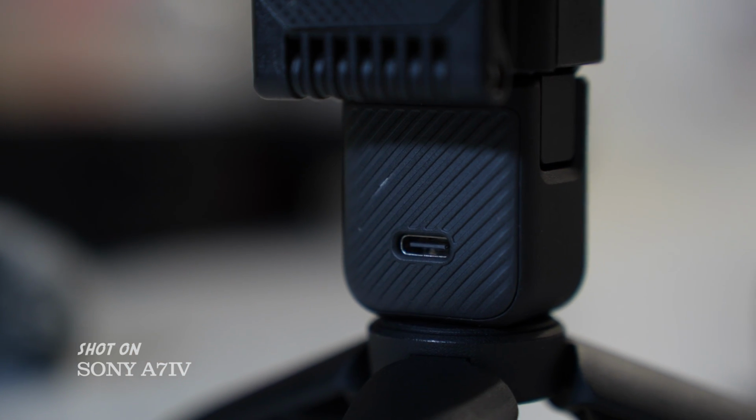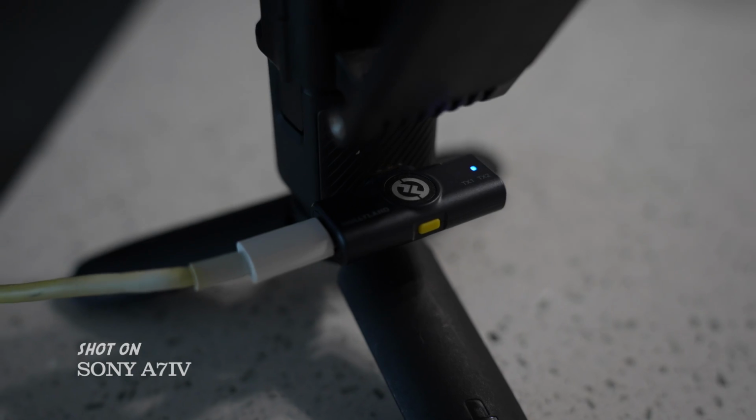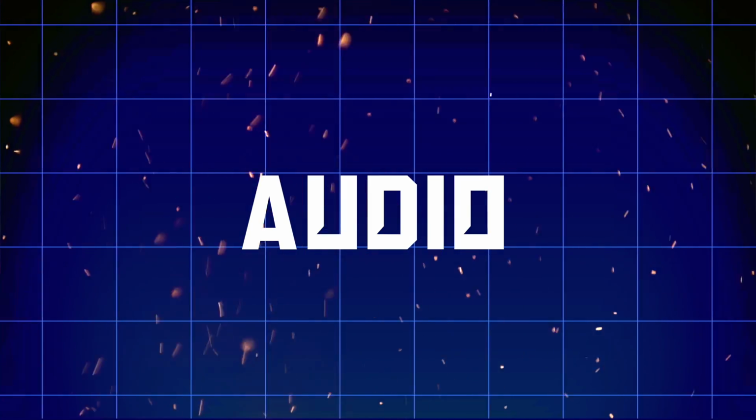The problem that brings up is it only has one USB-C port, right? So if you want to plug in an external mic into it, you're pretty much out of luck. Or are you? So let's talk about audio. We've got a few options here with a few different price ranges, and I'm gonna save my personal recommendation